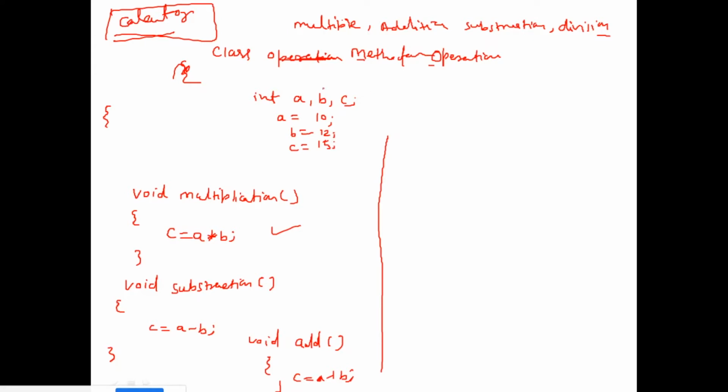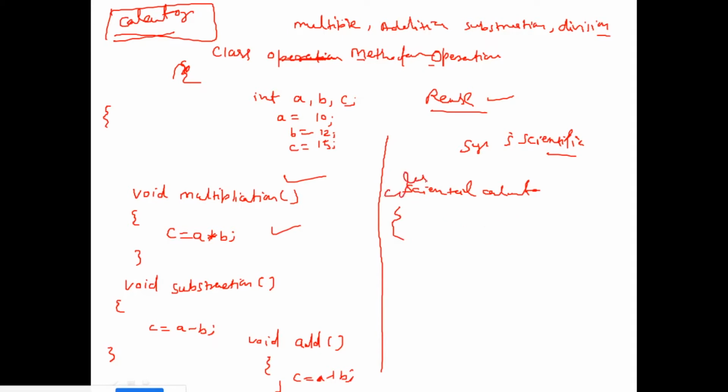First, what is the profit of doing it, right? Reuse it. How can I reuse it? Wherever I have to perform scientific calculation, just extend this class. Suppose there is a class scientific calculation. I have not covered the inheritance part yet, but let's understand theoretically first. So there is a class scientific calculation, and I will use these methods inside that class.